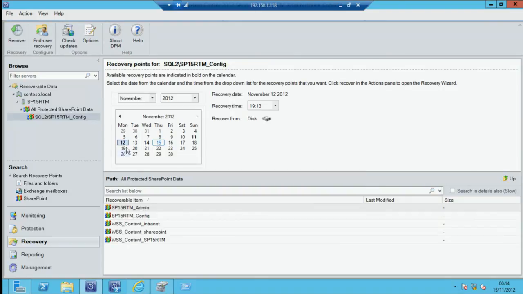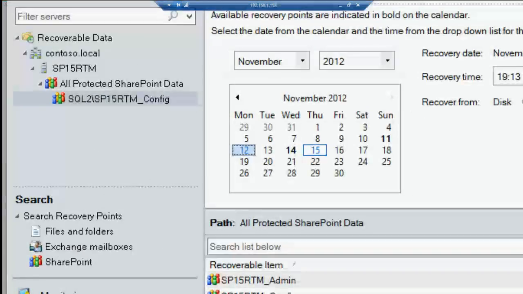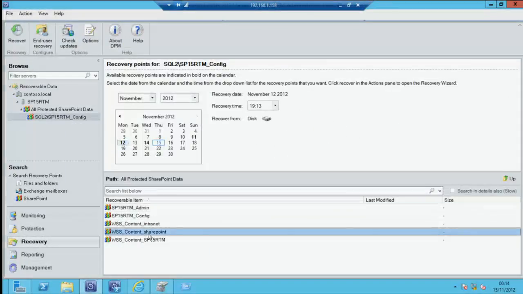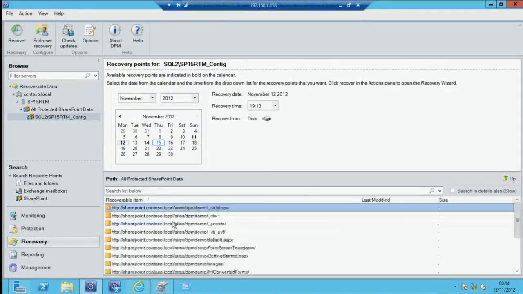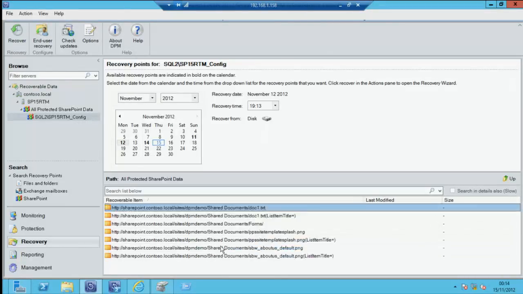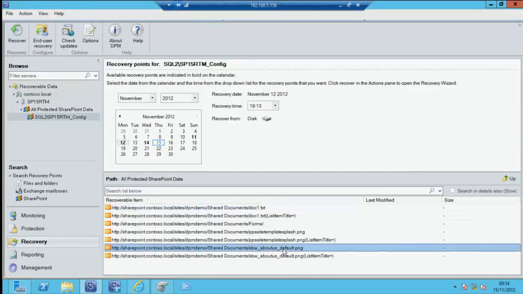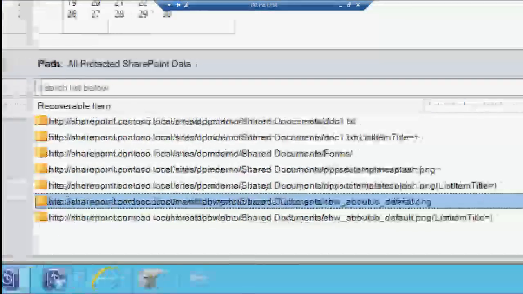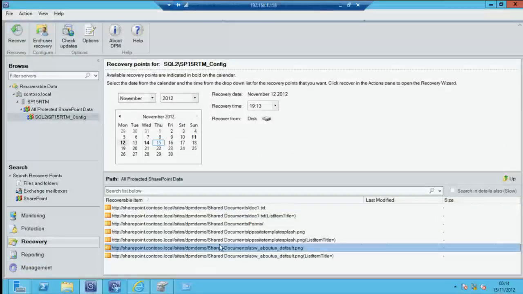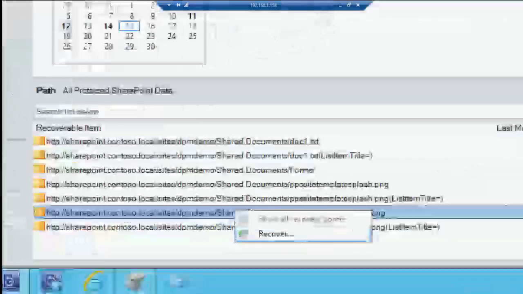Might be a little easier. So if I go to a recovery point, I'll go to Monday this week, 12th of November. Choose the content database, DPM demo site collection, and down to the shared documents library. You can see there's a few items in here, and I've got the About Us PNG file there, the picture. So I'm going to right-click that and click on